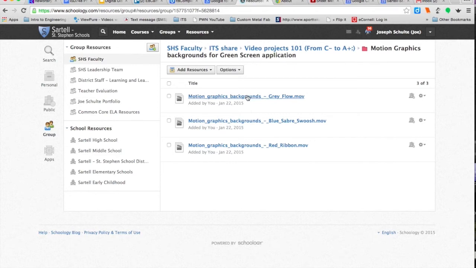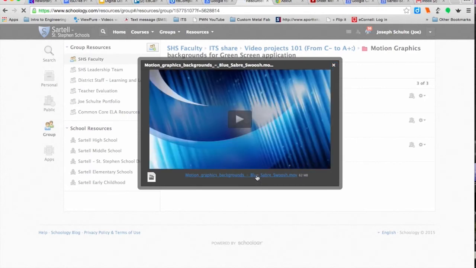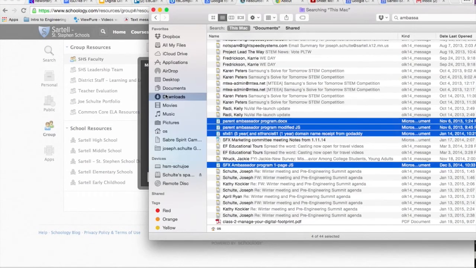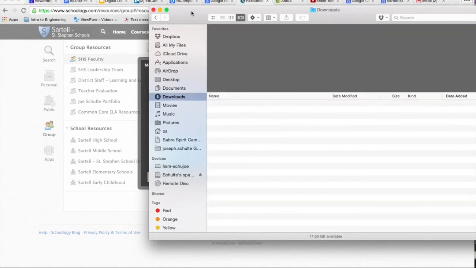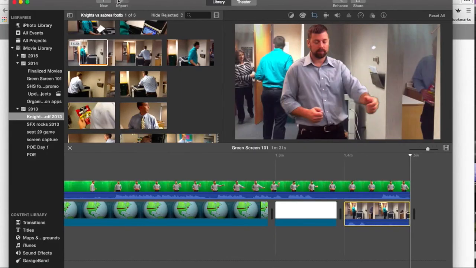So we can click on, in this case, the Blue Saber Swoosh. And we have to click on this link again in order to download it. It's going to take a little bit because it's fairly big. And once we download it, it's going to go into our Downloads folder. Where do you find that? If you go to Finder and Downloads, it'll be the most recent. There it is. I have to go back into iMovie, and the last step is to get that video into iMovie. So I'm going to choose Import,